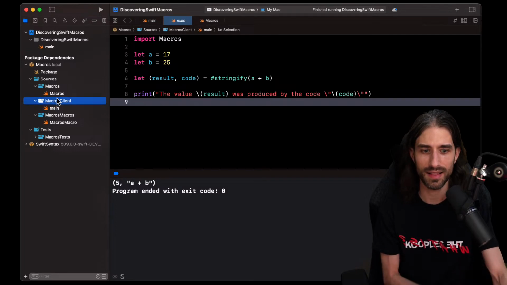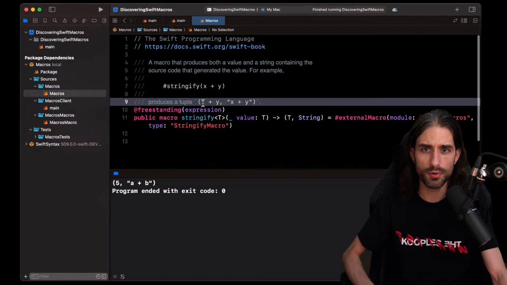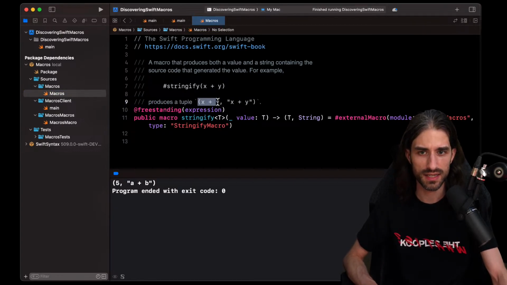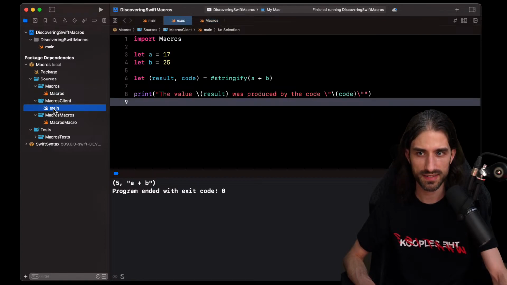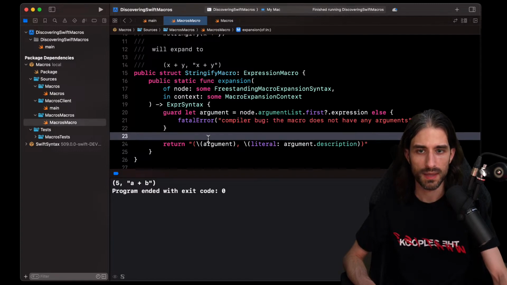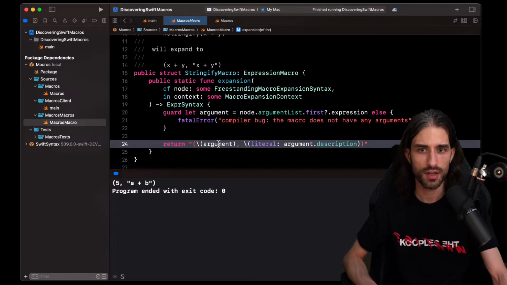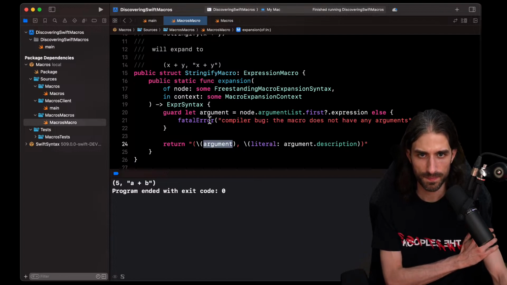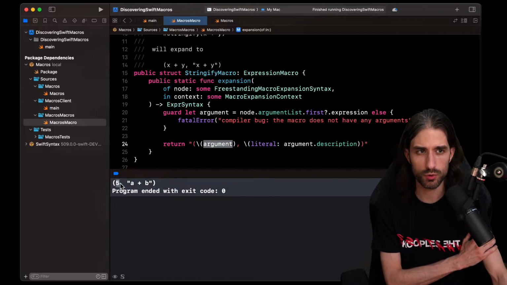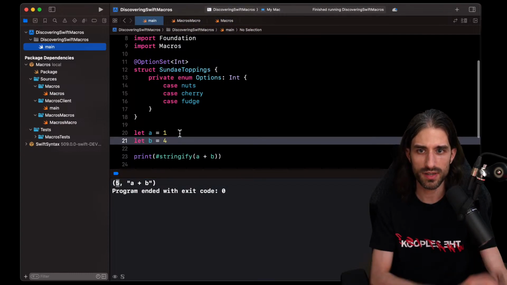And so inside the macro, it produces a tuple which evaluates the expression. Okay, so I guess, let's see what is returned. Because it returns Swift code, it returns the argument, so the first thing, and then the argument description. What's interesting is that I guess it's because the argument could be evaluated maybe at compile time. Because let's try something.